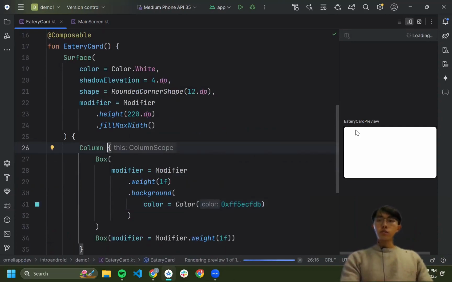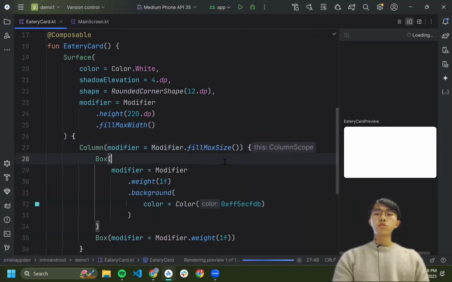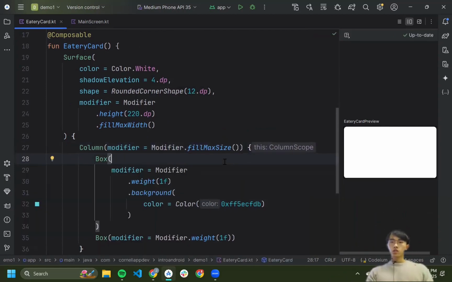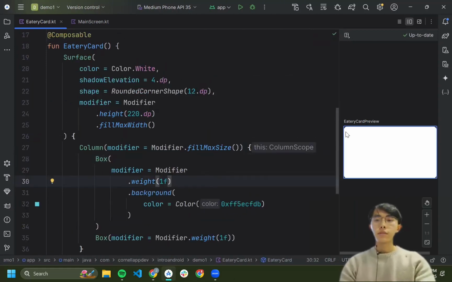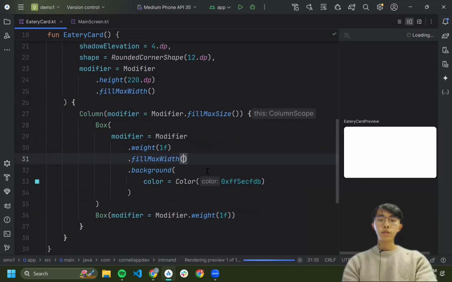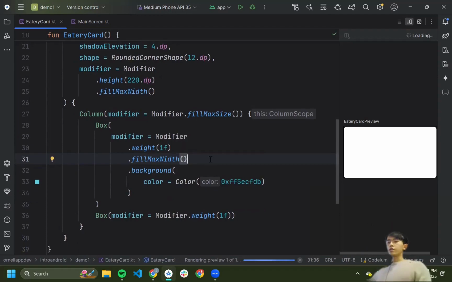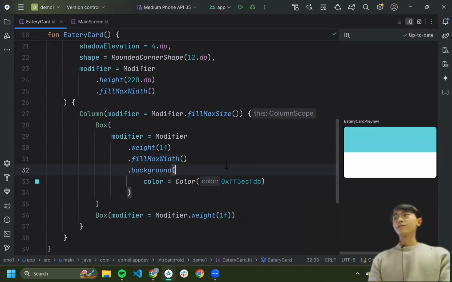I think this column might need to have a modifier as well. Let's try that modifier. Modifier dot fill max size. If that doesn't work, not sure. You have to fill next to the box. Oh, yes, very true. Because these are basically taking up no space here, but I need to fill max width here. Thank you very much. So fill max width on the box on the top at least will make it fill the width, whereas before it was just 1 pixel because there's nothing in there. Thank you very much for that. I would have been stuck.